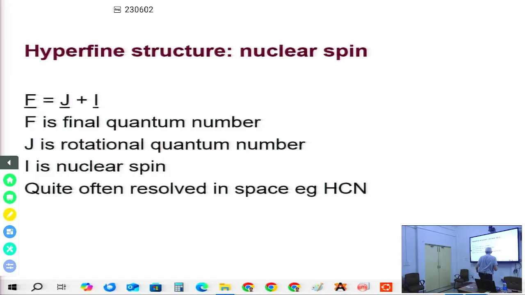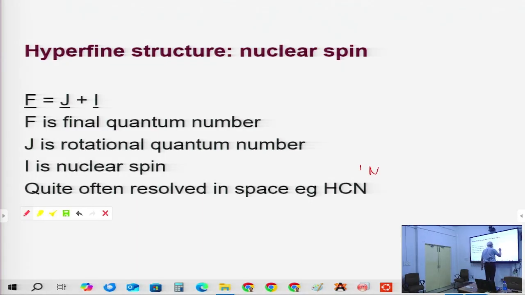The nucleus of nitrogen is spin 1 and has a big quadrupole moment. So you can see, if you use very high resolution telescopes, you can see the hyperfine structure